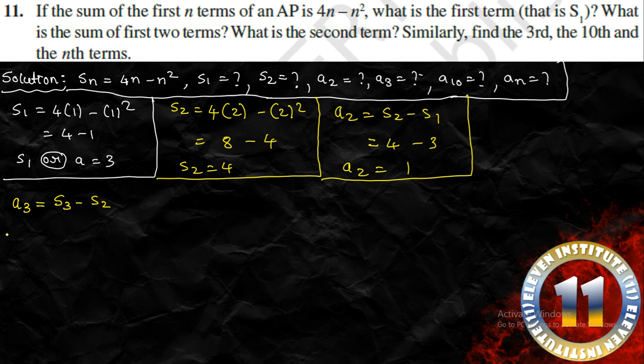S3 minus S2. For that we first have to find S3. S2 we have, but S3 we have to find first. Similarly, here a10 is there, so for that what do we have to do? a10 is equal to S10 minus S9, and similarly we want to find the nth term, right? So an is equal to Sn minus Sn minus 1. So better is that we first find this, then we will get the general formula for the term. Then we will find a10 and a3. So we will go reverse. We will first find the value of an, then we will find the value of a3 and a10, which we guess is easier to do, right?